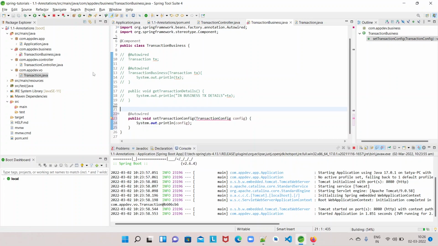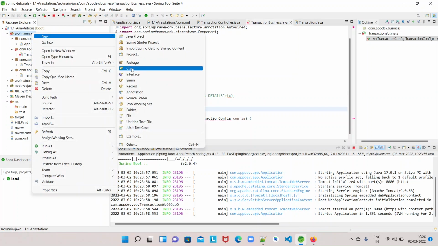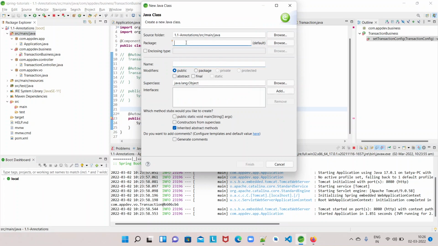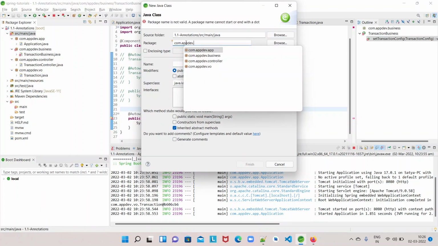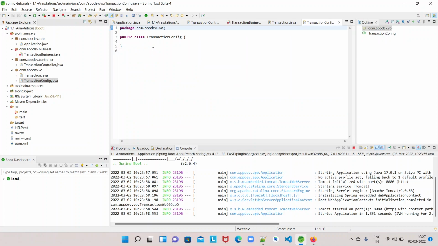Now let us create a transaction config vivo, com.appdev.vivo. See this transaction config again, it's a bean, right?